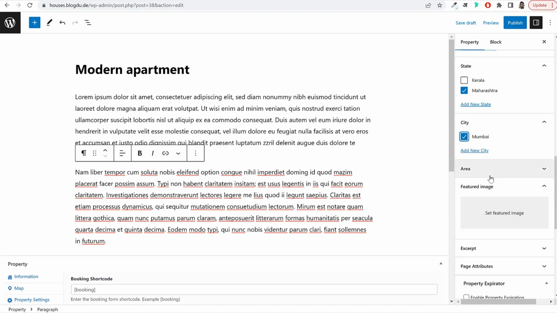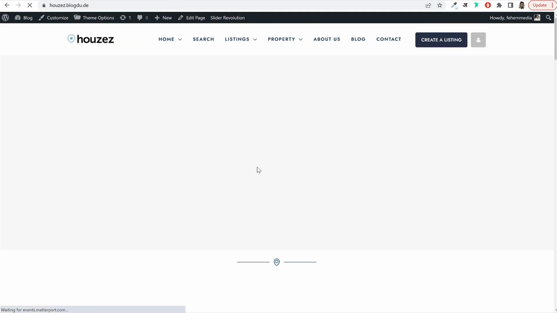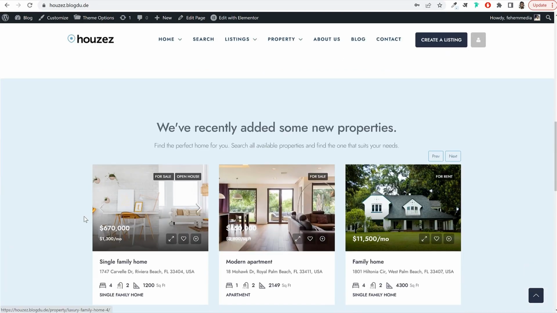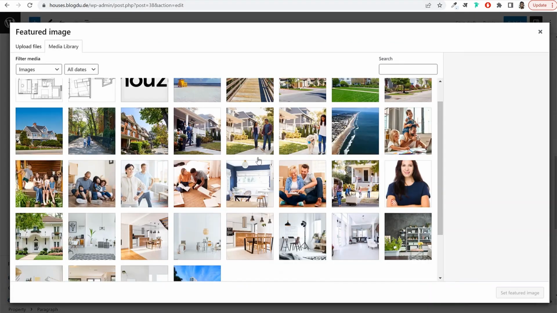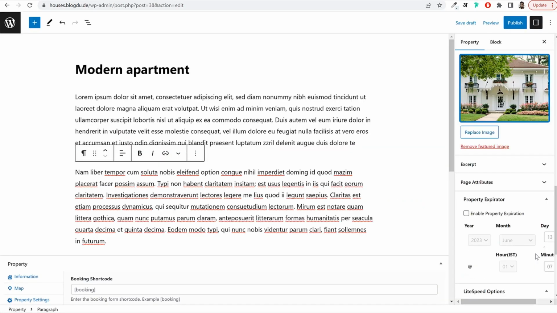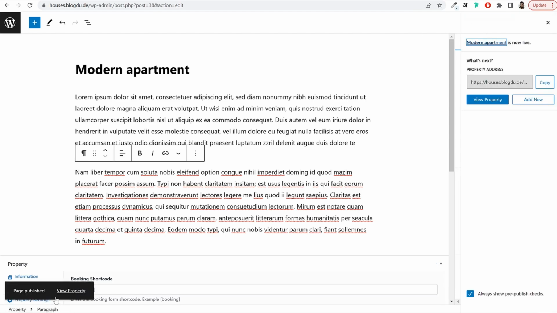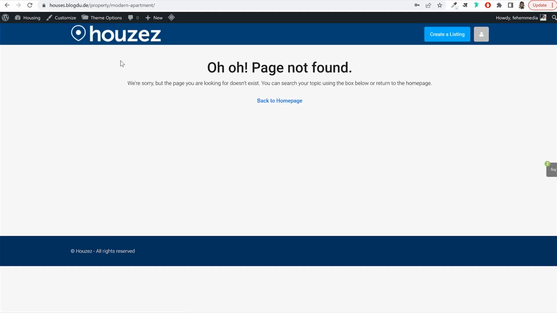You can also add a featured image. The featured image is, if you go to the home page, for example, the top image that displays, the main image, this is the featured image. So in this example, I'll scroll down and maybe I'll select this image as my featured image. Now once you add all these things, you can go ahead and publish, and with this you have completed your first property. If you click on view property, and if you have any problem